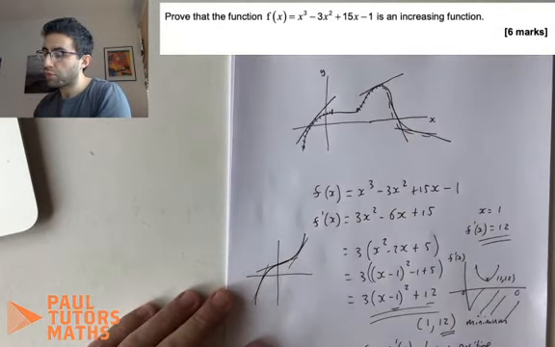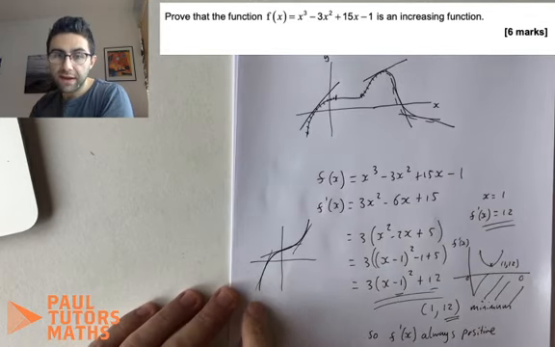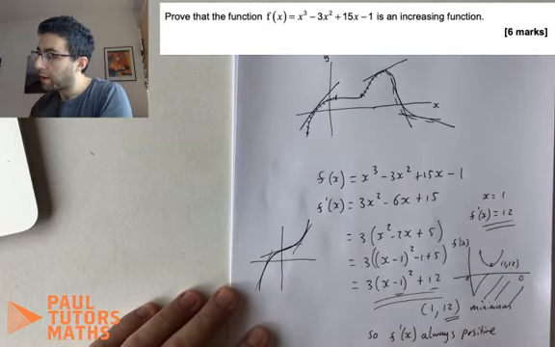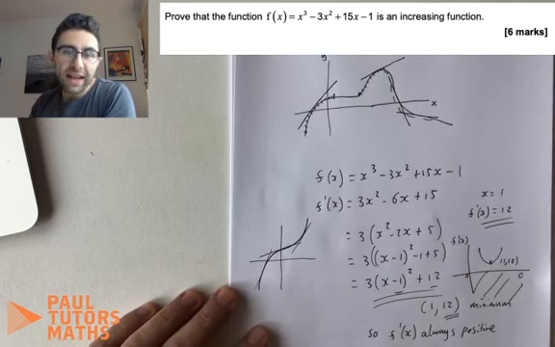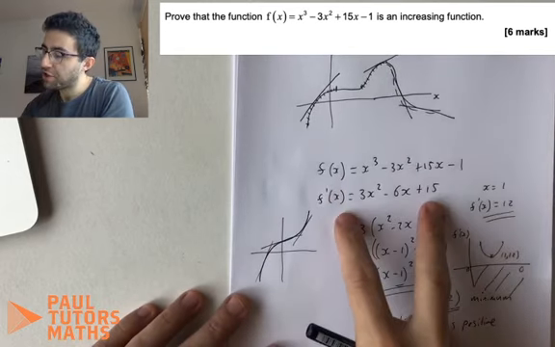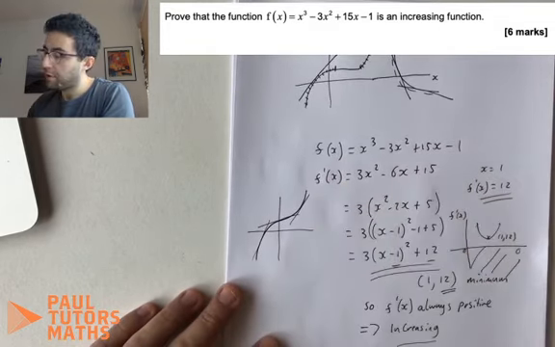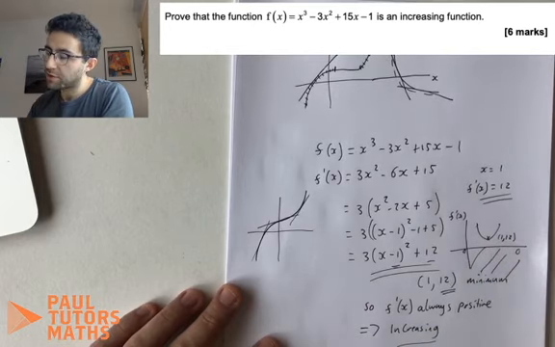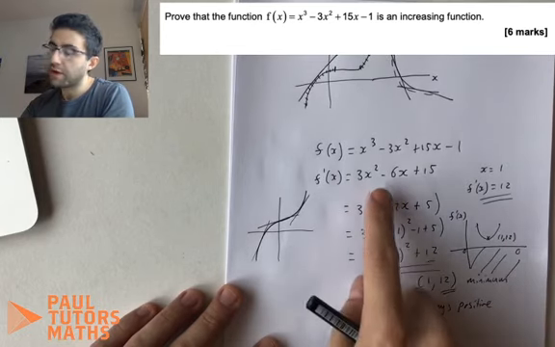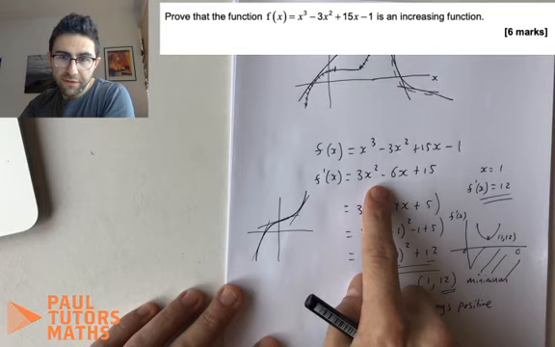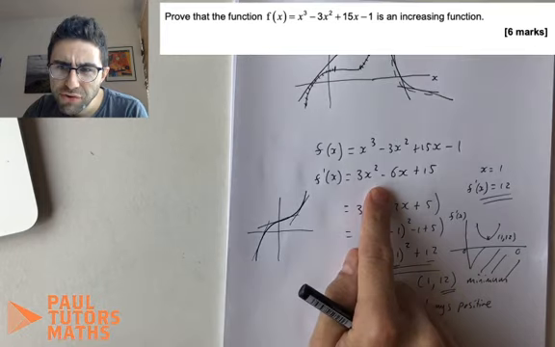How do we show that our thing looks a bit like this, i.e. it's always positive? Well, we want to show that it can never have a negative gradient. Differentiate it. Can this ever be negative? No, it can't be, because its minimum is 112. There's no value of x you could ever put in there. You could try for years and years, but